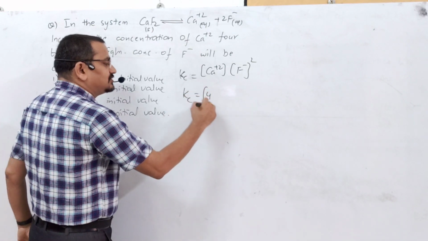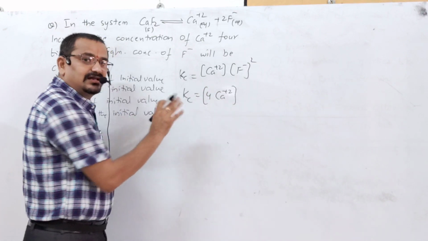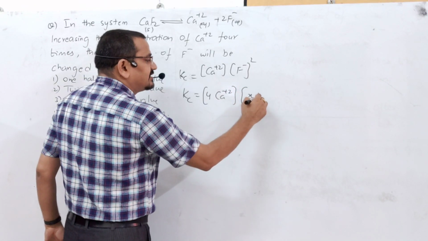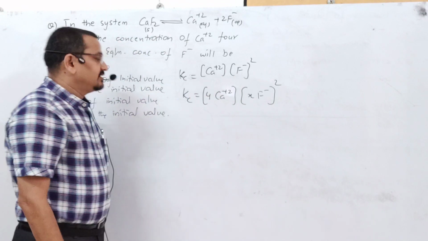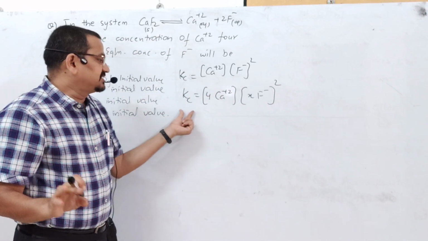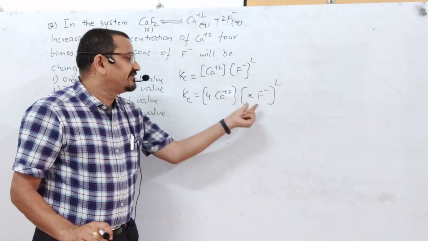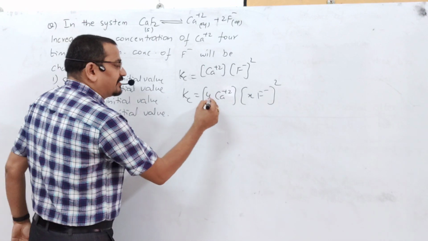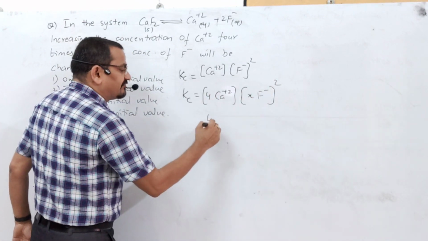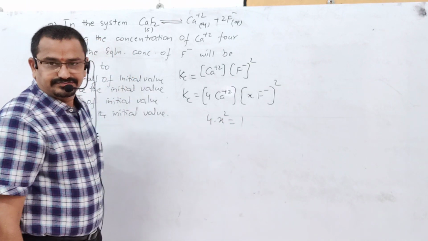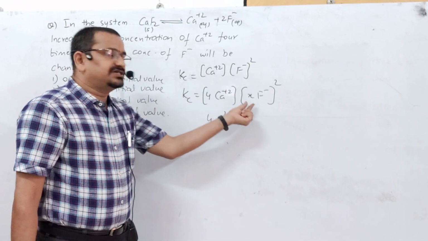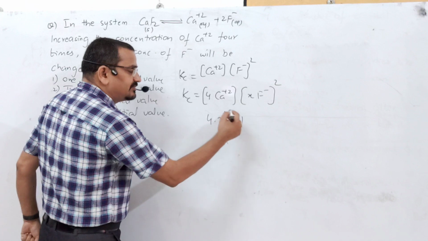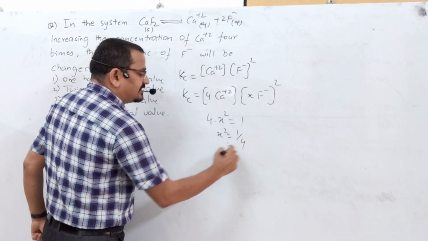As the equilibrium constant value should remain the same, whatever change is implied here should be nullified by the change in F minus concentration. Understood? So, the product of 4 into the change in F minus concentration, 4 into x square, should be 1. Whatever change we did, its opposite change should happen in F minus, so that the Kc value will be retained. Now Kc: 4 into x square equals 1, x square is 1 by 4,